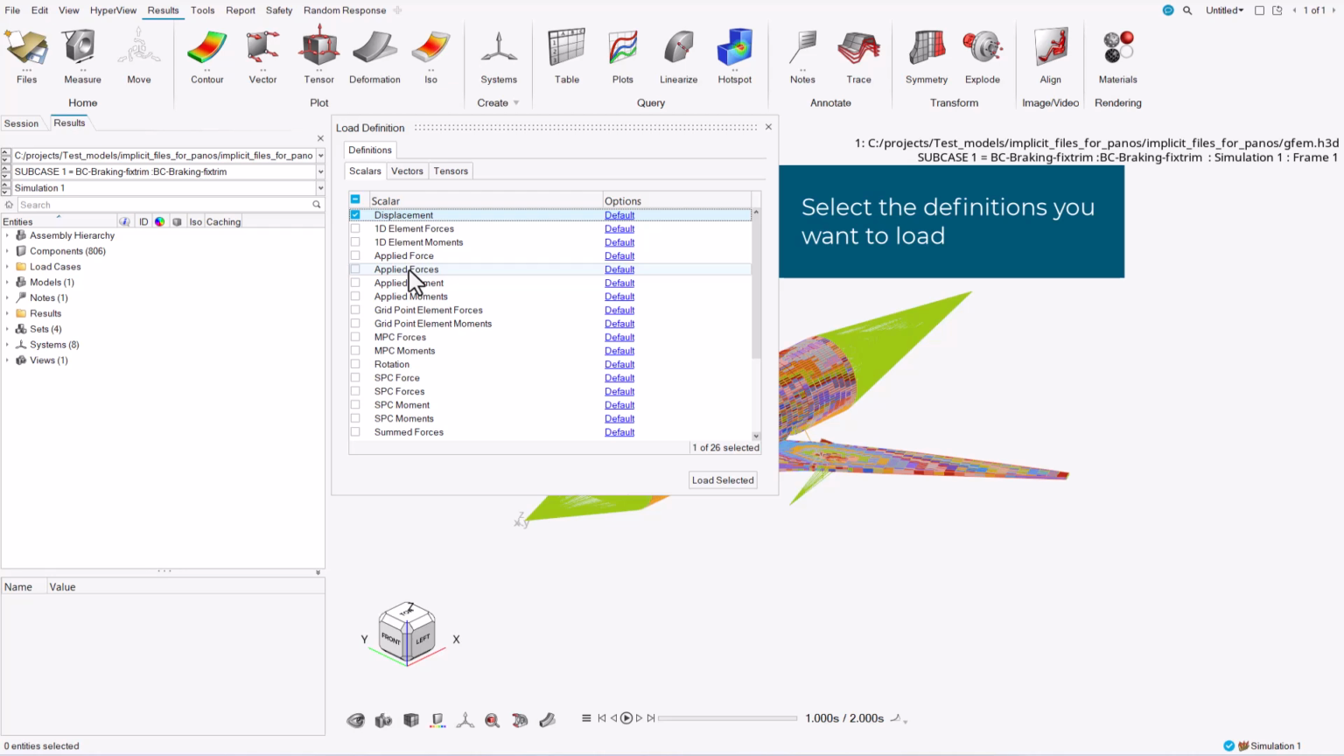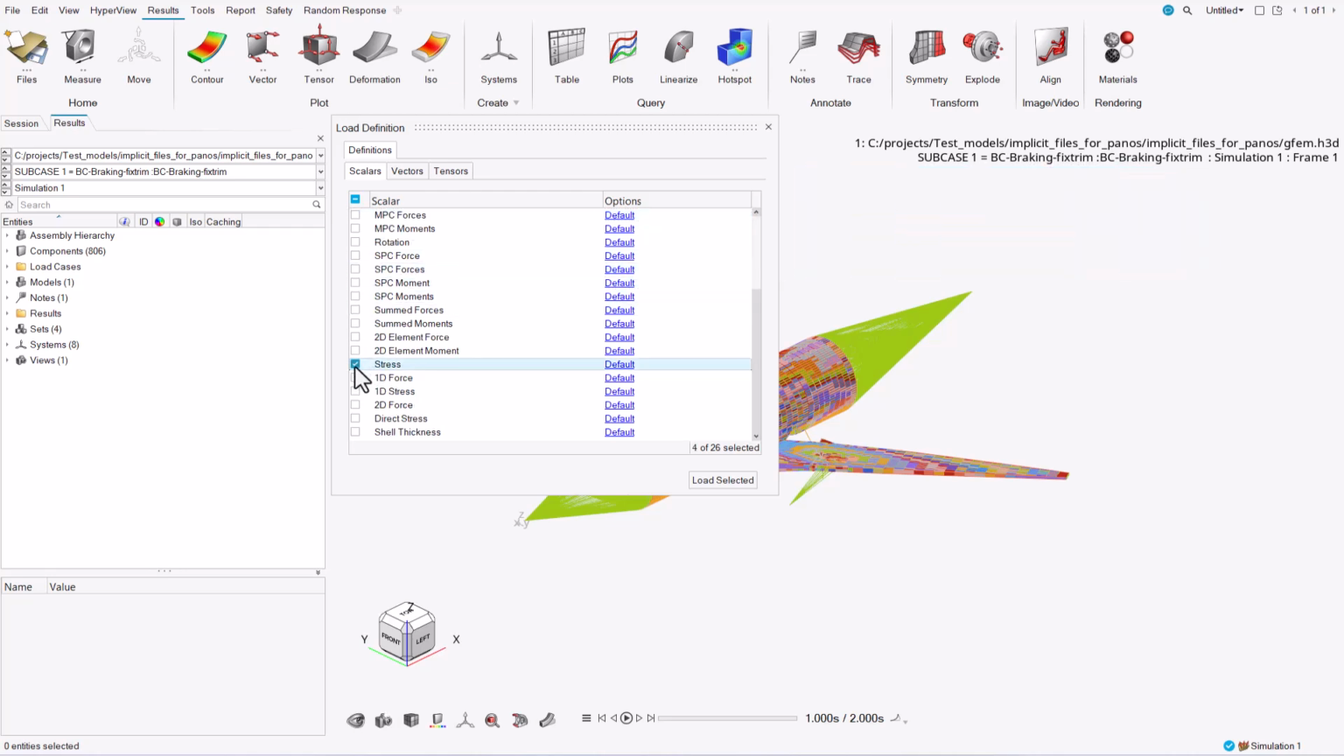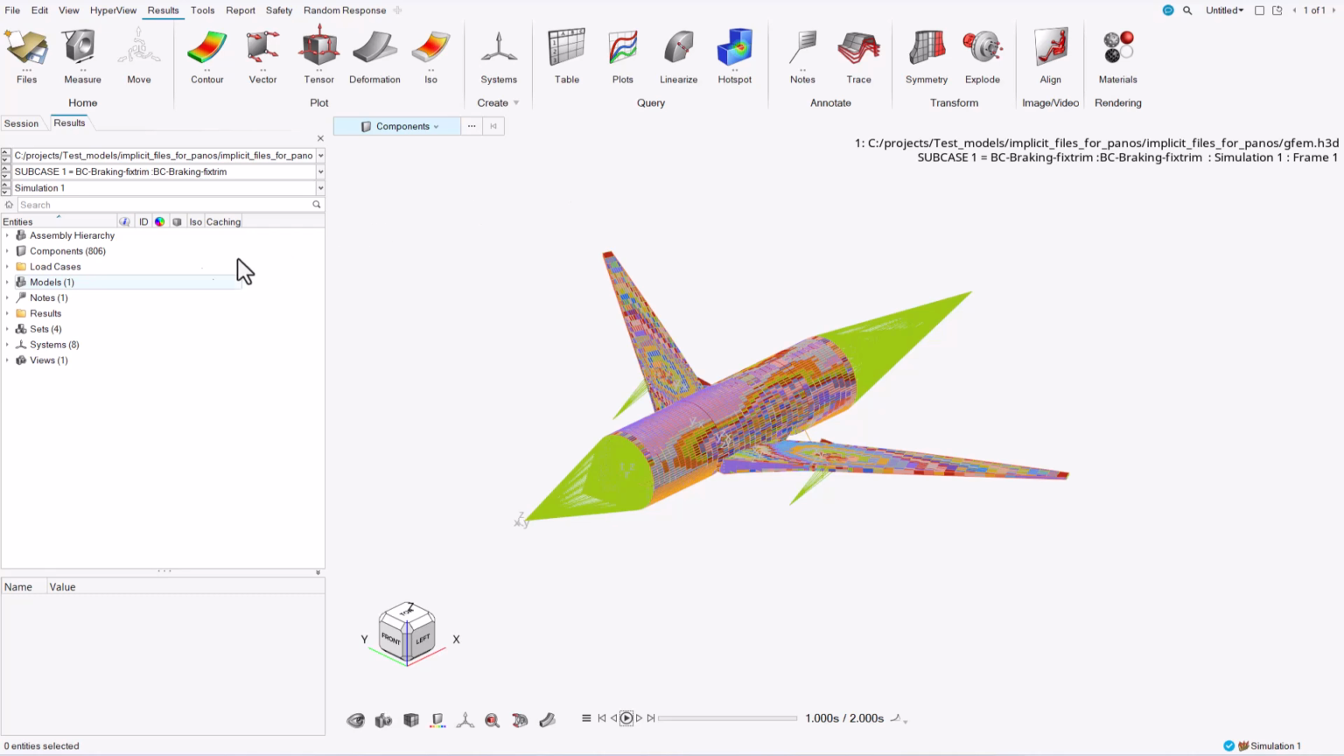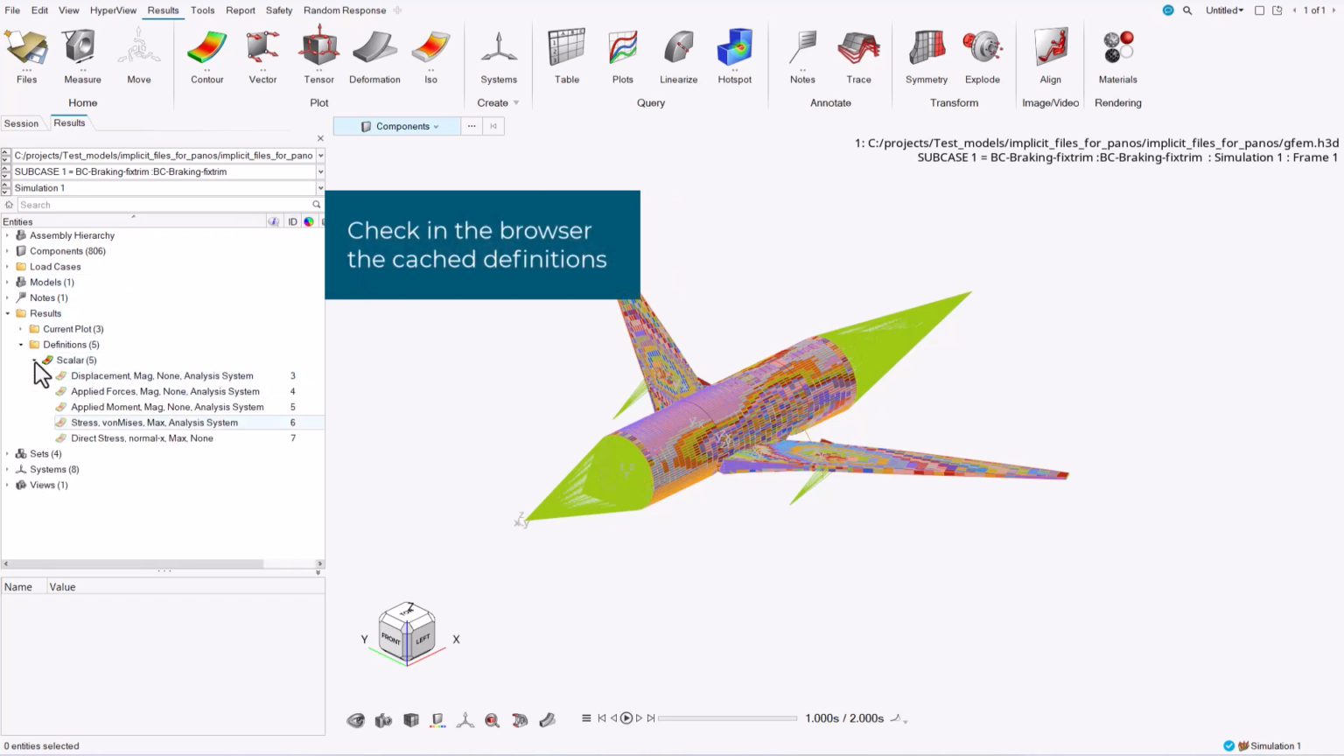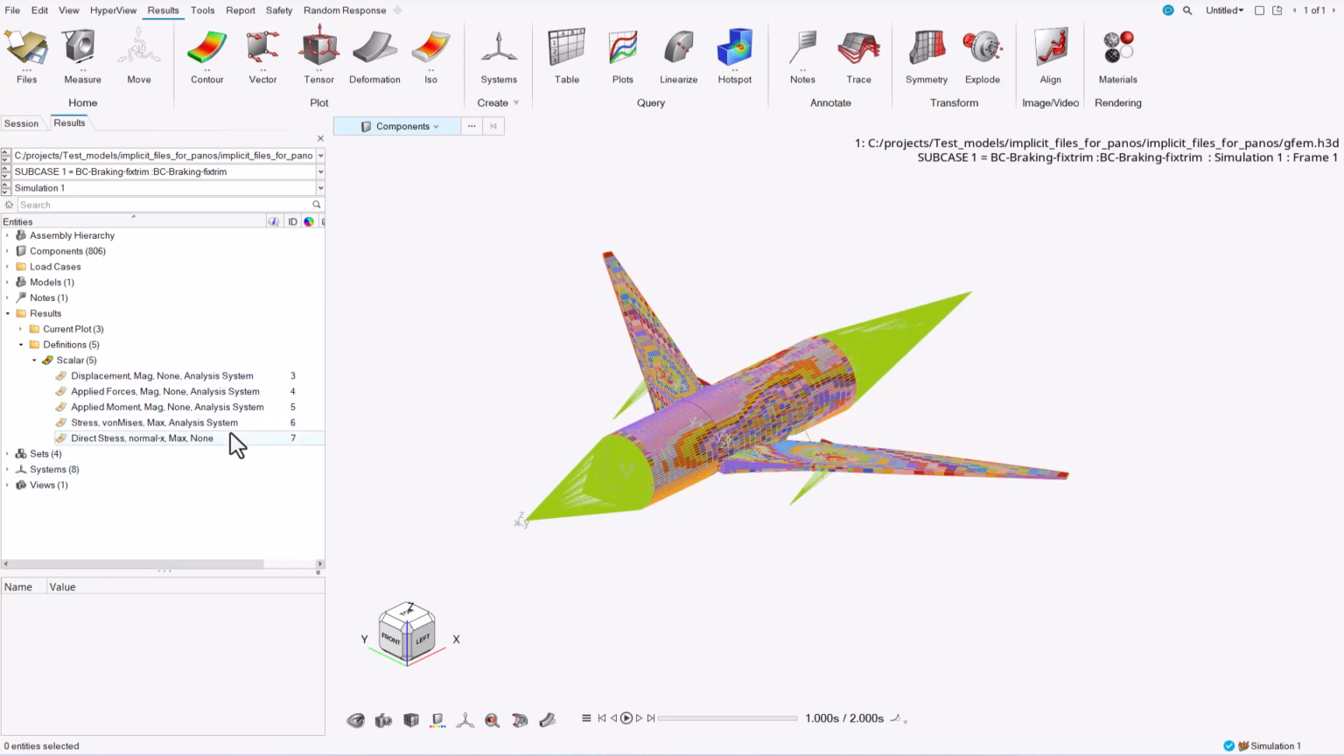We will select some nodal definitions and some elemental, like this, for example. In the browser, we can see all the definitions cast, and as you can see, I have not yet activated one definition as a contour, but we can take information from them by using some query tools, like for example